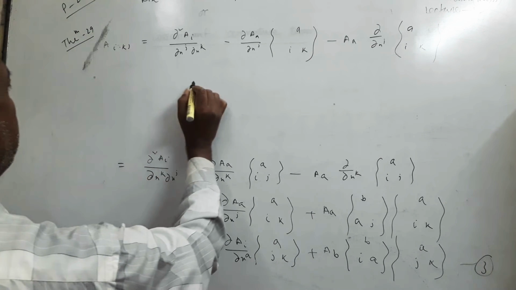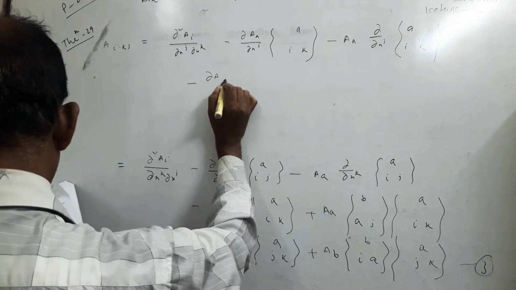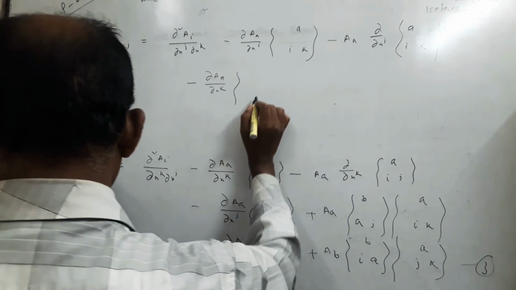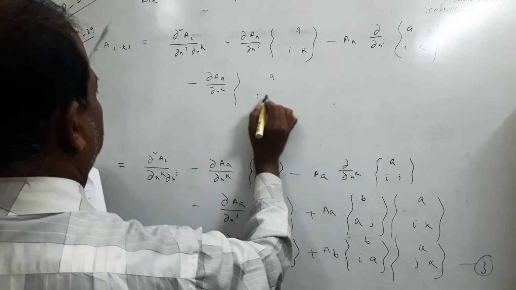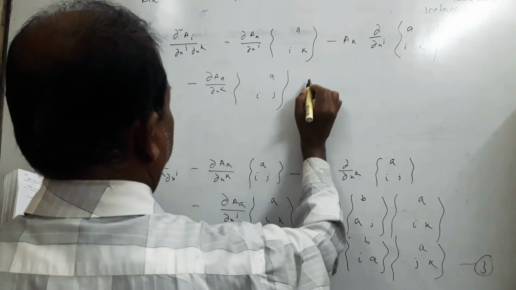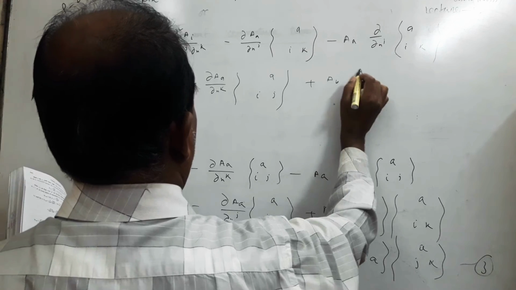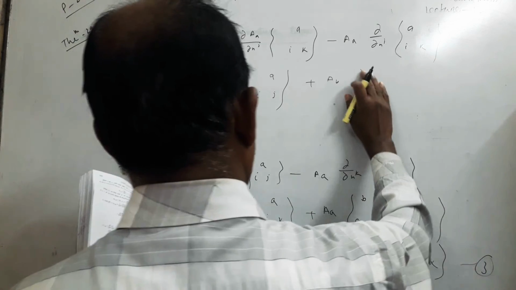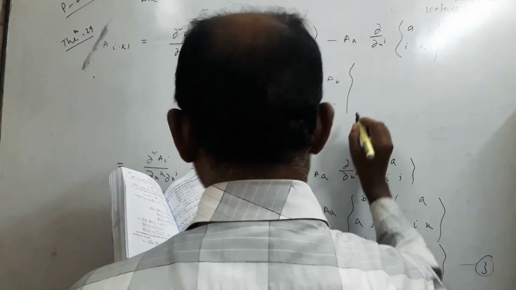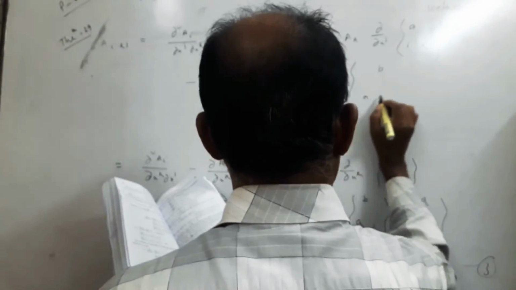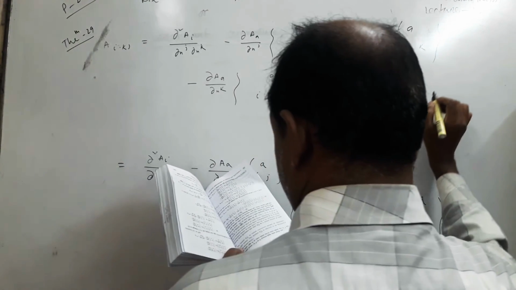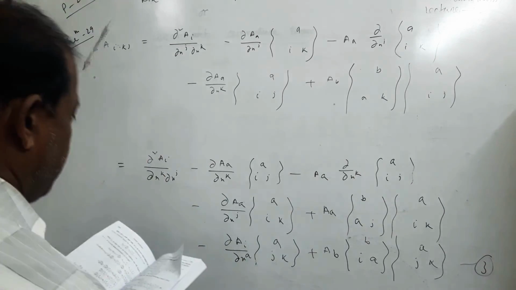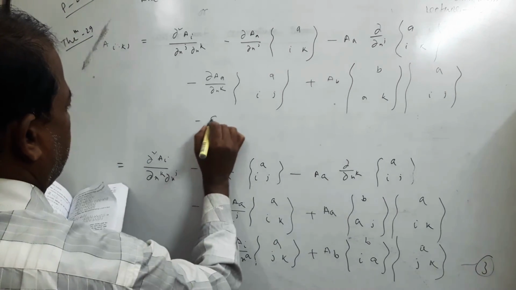Then minus del by del a into del x k a I j plus a b del by del x a b into b I a k is a I j. Okay, right. Now minus del a